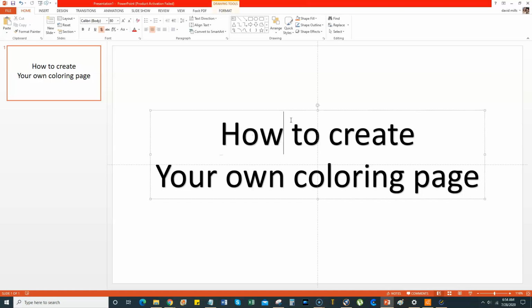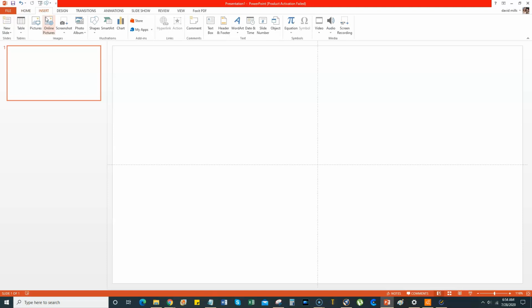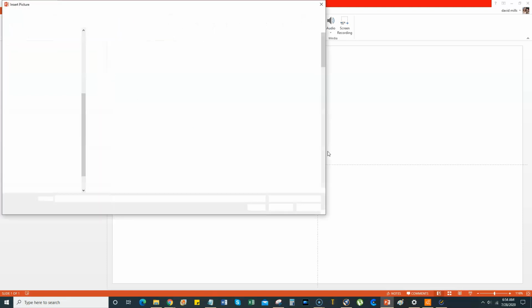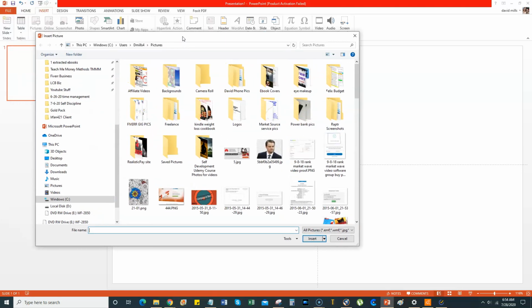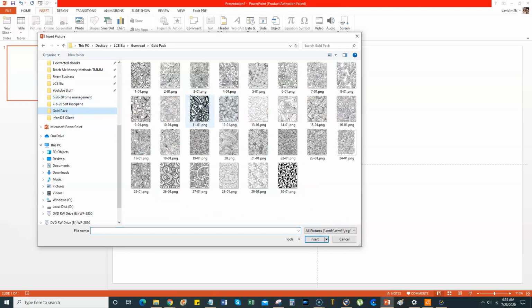So I'm going to first delete this real quick, and here we're at a very blank page. When I opened up PowerPoint, we're just at the canvas, the one slide, and it's blank. What we're going to do is go up to the Insert tab and insert a picture. It's going to pull up files on your computer, and I'm going to go over to here. And these